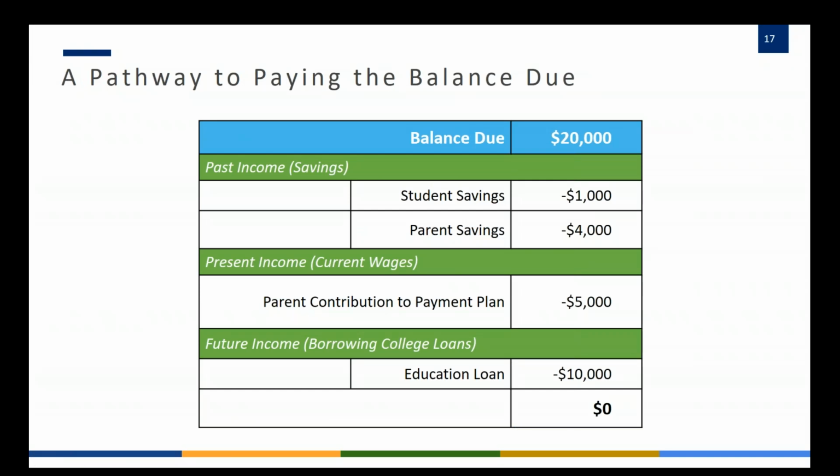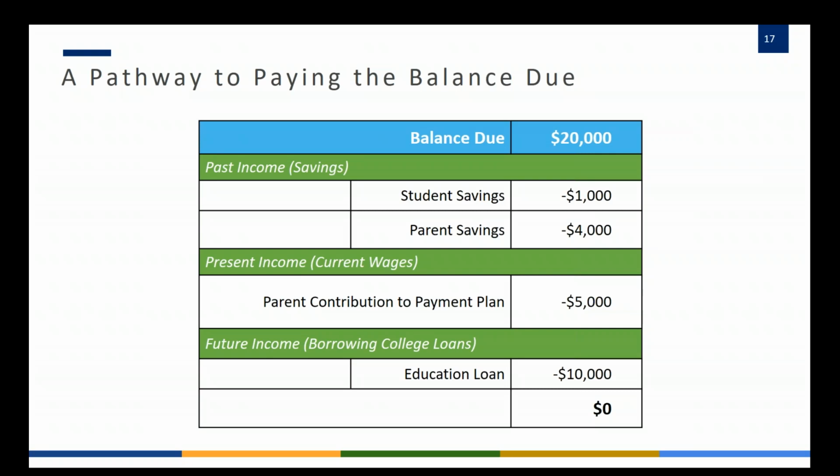So just to bring it all together, I like to talk to families about payment strategies, combination strategies. Rather than jumping right into a loan, let's look at that savings and present income, see what we can do there. So in this example, our family owes $20,000. If they wanted to use a MEFA loan, for example, it would be about $200 a month approximately. But if they can afford more than that, so their affordable monthly payment is higher than $200, they should definitely look at the payment plan, maybe reducing that balance by tapping into savings.